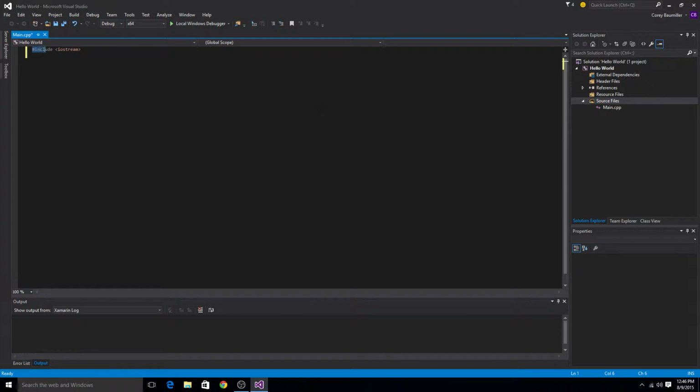So the pound include sign or hashtag include sign means to include something into the product. iostream means the input output stream. So that means this will get input and output into the console. The console is just a term for this little window that you'll see pop up when we finish this thing. Next we need to use the namespace of standard, and finally int main,